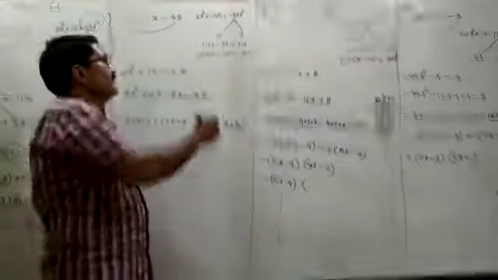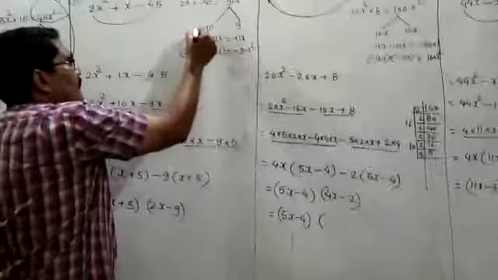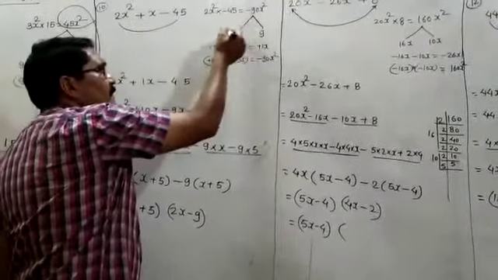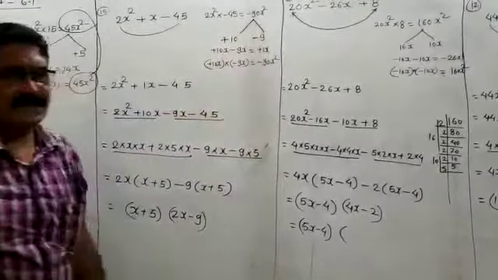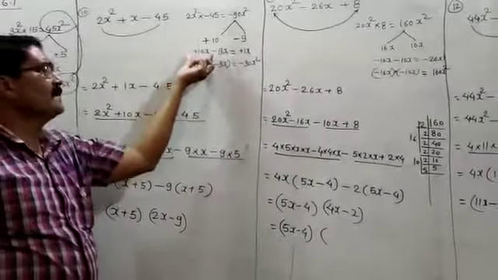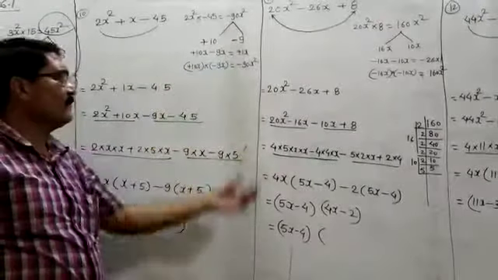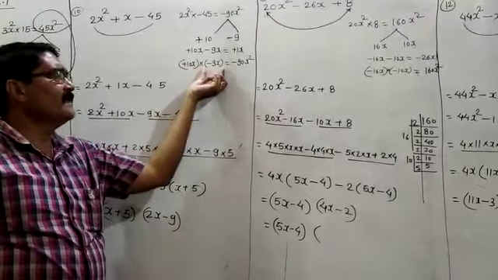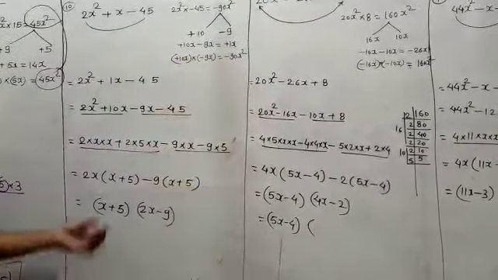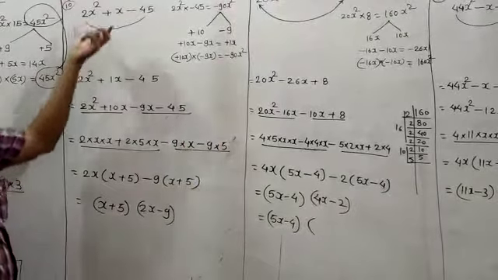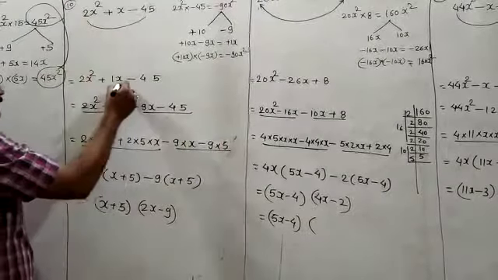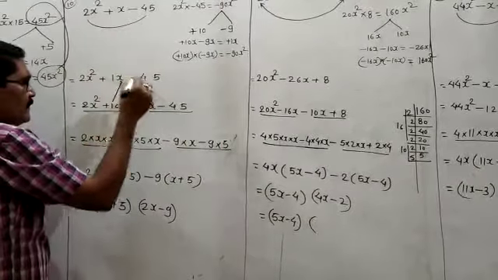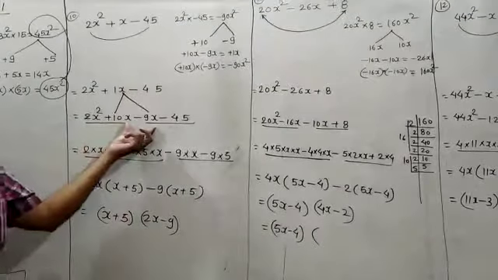10 nines are 90. I want the middle term plus 1x, so I will give the bigger number the plus sign and the smaller number the minus sign. The factors are plus 10x minus 9x, which is equal to 1x, and the product is plus 10x multiplied by minus 9x, which is equal to minus 90x². Then you have to write this expression as it is, only instead of 1x you have to write plus 10x minus 9x.